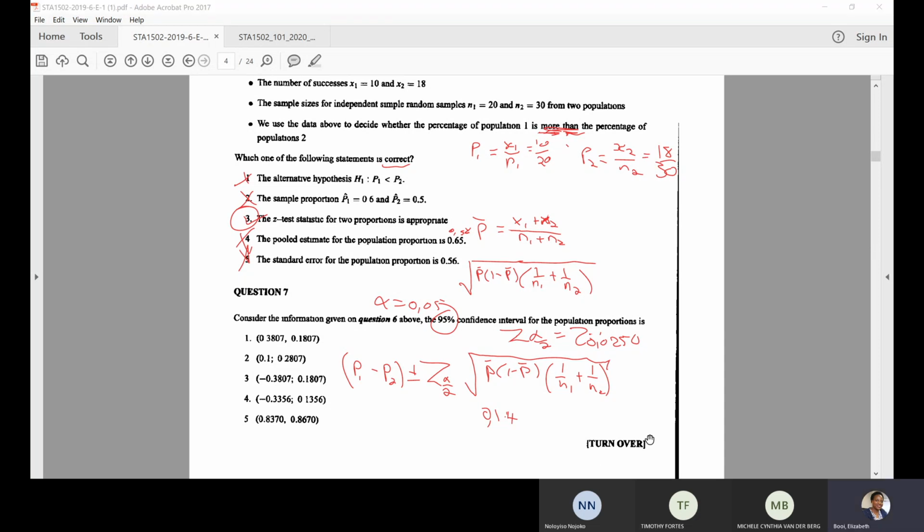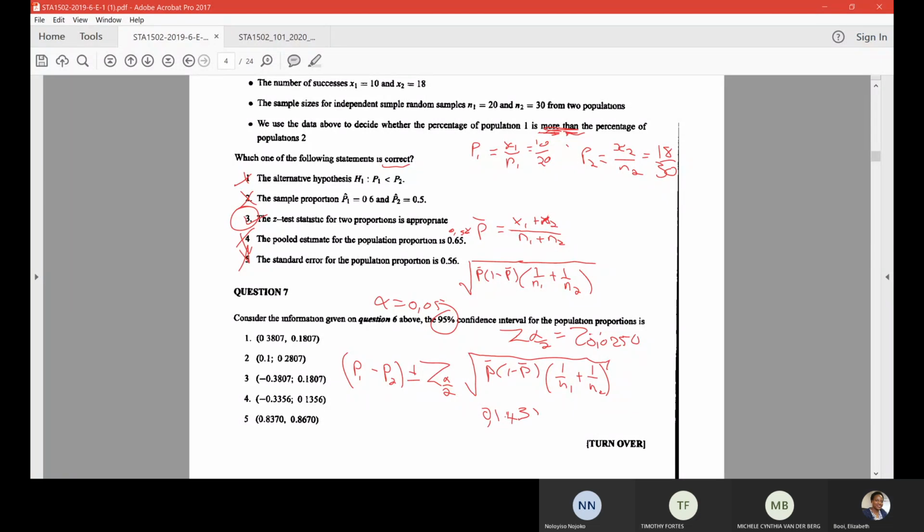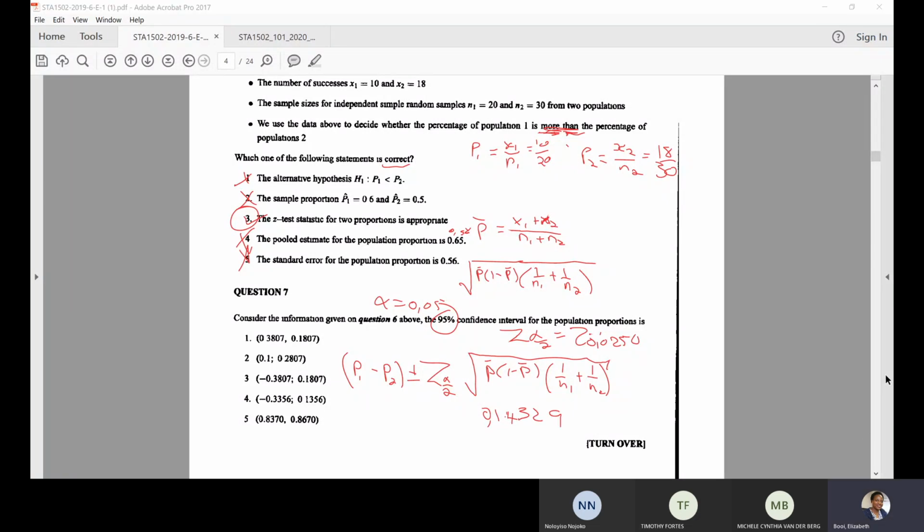Zero comma 1432329 and some odd numbers. You can write all of them up times